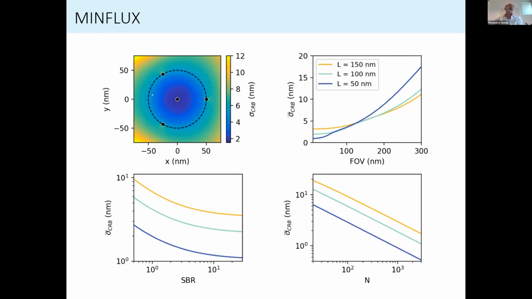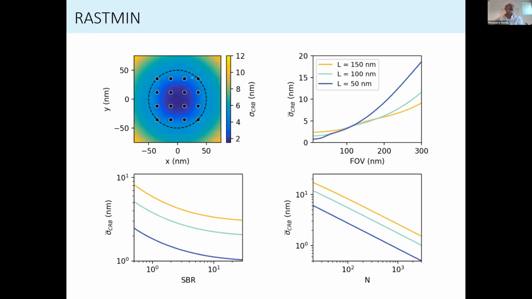So it's a smaller image you can think of. And it's very efficient. It's actually one of the most efficient. And this one, we found it particularly interesting because it's raster scanning a minimum of light. And you see that the localization precision here on this map is really, really good over a large area on that